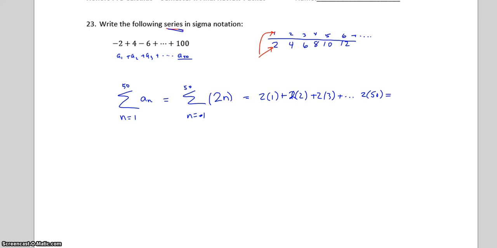What we haven't taken into account yet, though, is the fact that we have these alternating negative signs. So let's think about what we would do there. Again, what I've written here is the sequence assuming no negative signs. So all we have to do is put a term in here, going from 1 to 50, that's going to alternate based on whatever n is. So we're going to multiply this term by something, and the trick we use here is we're going to raise